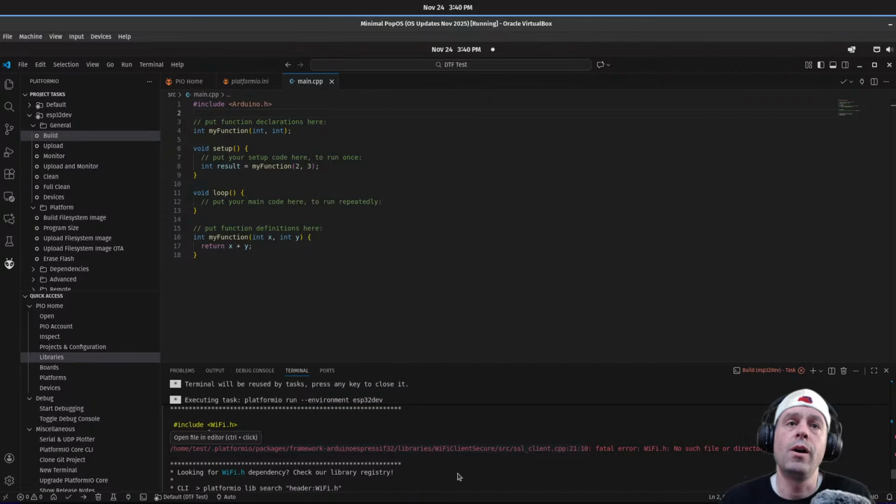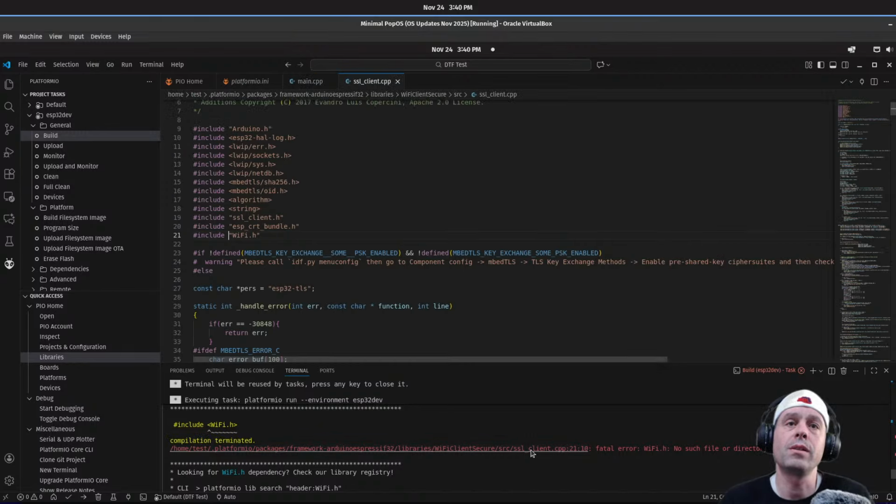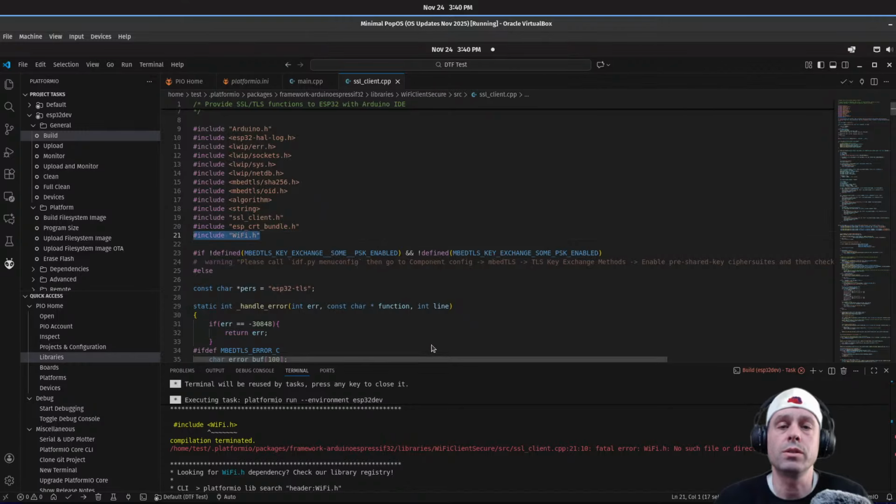And so it's saying on line 21, if I click that and it opens it, this isn't my code. This isn't me at all, but it's saying, oh yeah, I don't know what WiFi.h is. And so it's like, okay, but I didn't include that. So something triggered that, which obviously is part of my library, but I'm not sure.